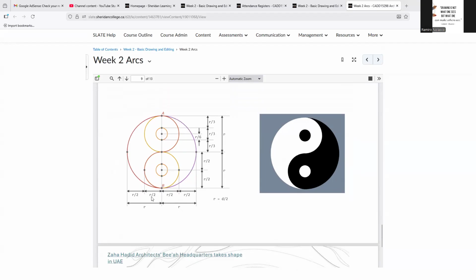That's R. This is R over 2. R over 2. That's R over 2. That's R. And then you can make one of this. Trim, trim, trim. You need one of this. Kindly do that. I'm going to stop here and answer questions before we move to our exercise for week